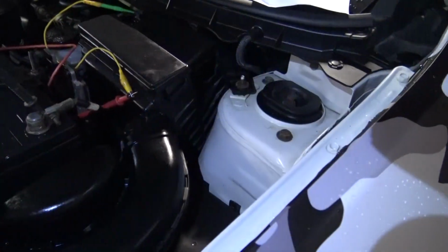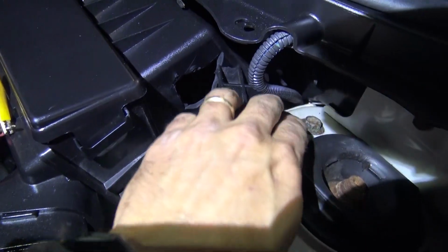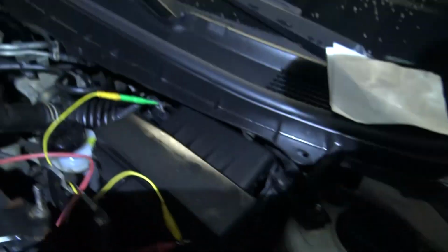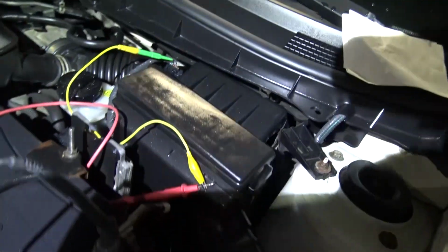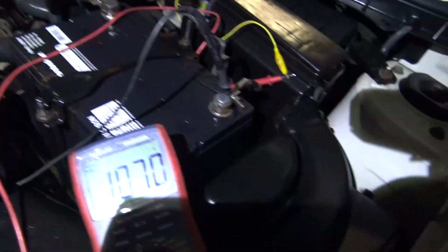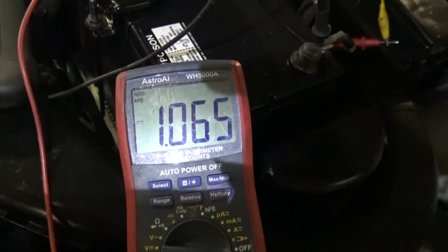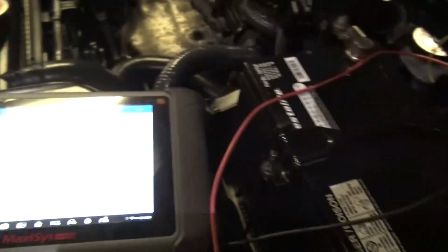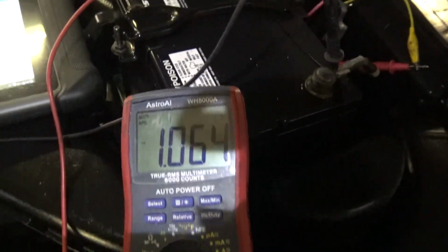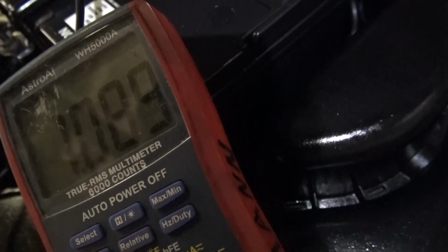Upon arrival here, I did see this hole in the air box. Didn't think it would have anything to do with it because that is before the mass airflow sensor. However, Identifix did have a specification saying we should have around a volt at warm idle, and you see here we do have around a volt. But I thought, for just testing purposes, what would happen if I plug up the hole? So I'm going to plug up this hole and watch our voltage on the multimeter here,